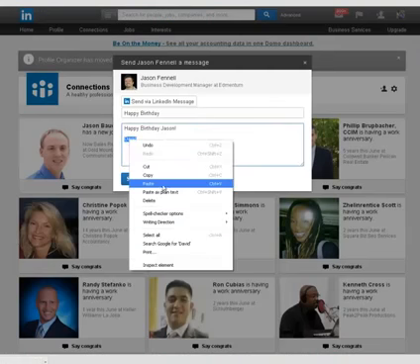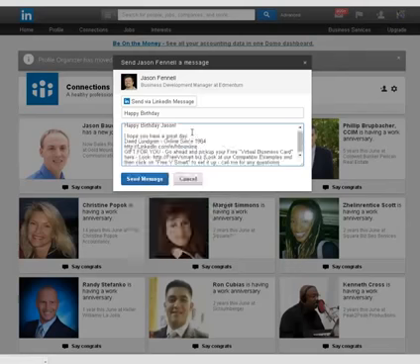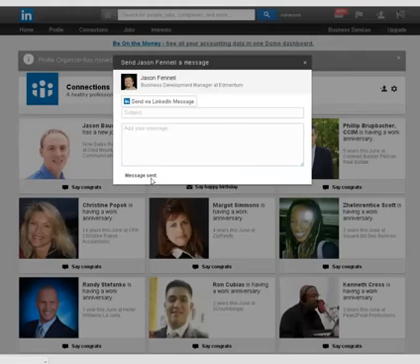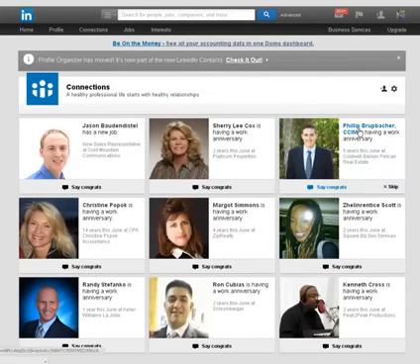And once you get into the swing of this, it's not a big deal. So I leave the "Happy birthday, Jason" because it's already there. "Hope you have a great day, Jason." Same type of format, "gift for you," a little change right there. And I'm going to go ahead and hit send. And as soon as we do that, Philip disappears.